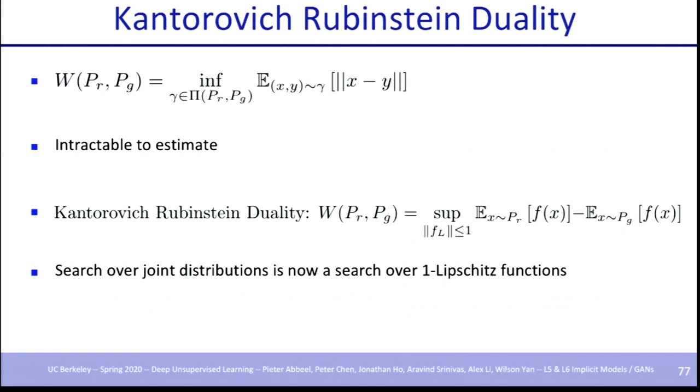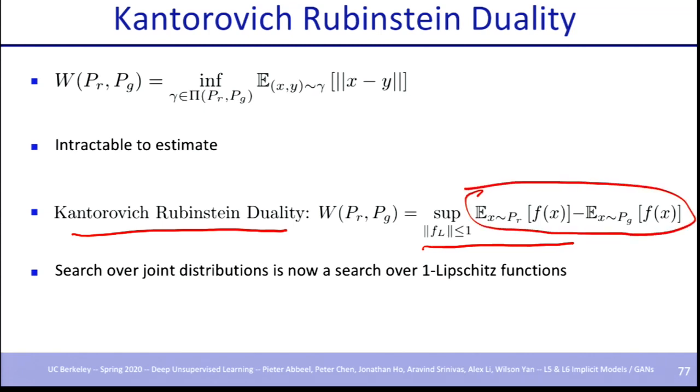So the way it works is they have this duality called the Kantorovich-Rubinstein duality that has a dual version of this objective, which is probably easier to work with. And the dual version goes as follows. It is the supremum over all one-Lipschitz functions of this particular term, which is nicely decoupling the expectation. So you don't really have a joint anymore.